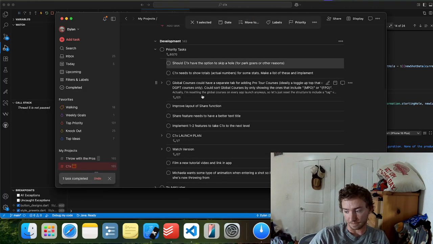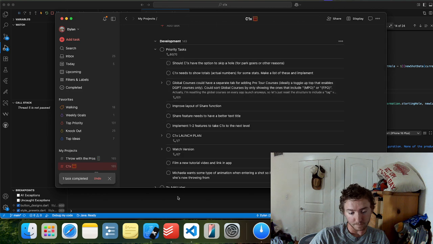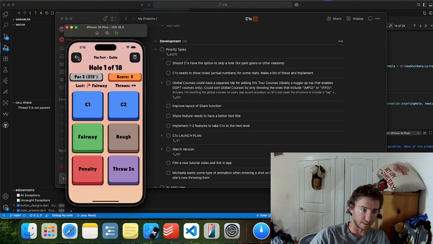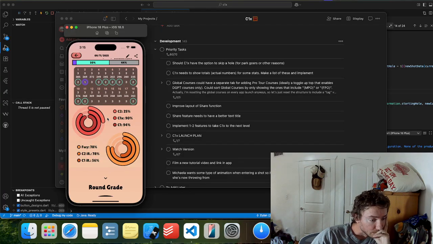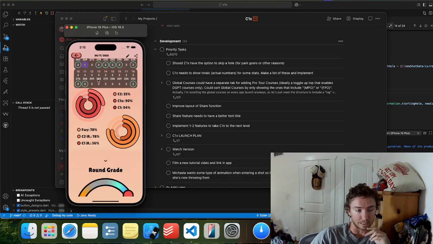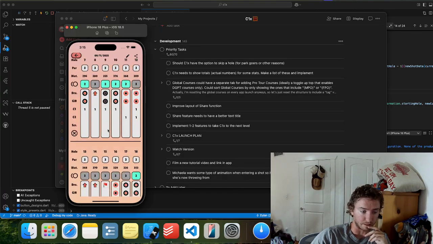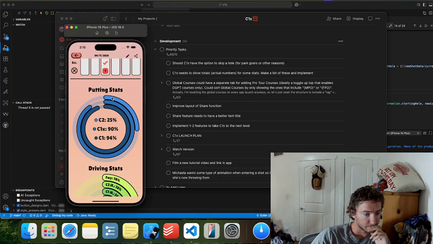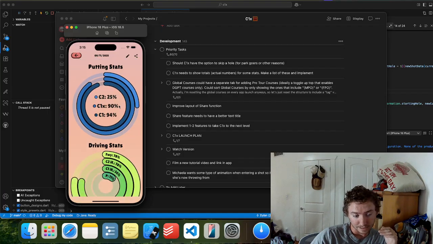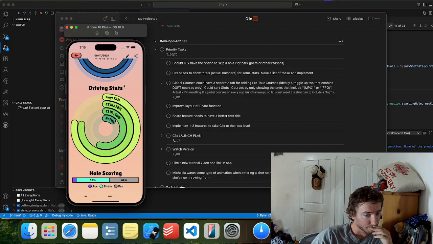These two are going to be a little bit tougher. Showing totals is also not going to be easy, but that's just because I don't know where to fit them. I don't think I want to fit them on this view. Ideally I'd throw them down here, but it is already kind of crammed.